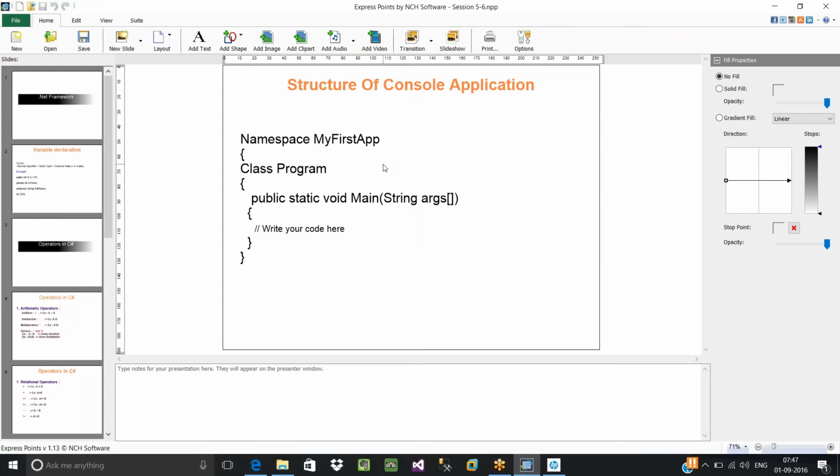No? Very good. Now we are aware of all the basics. We know how to define a variable. We know how to perform an operation between two values, right? Now we can start building simple examples in C#. So I'll show you how to write a simple example.